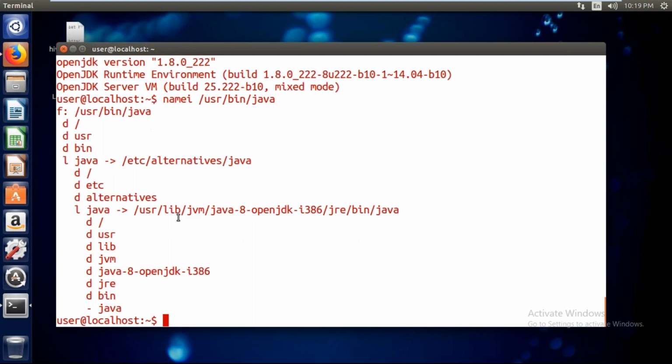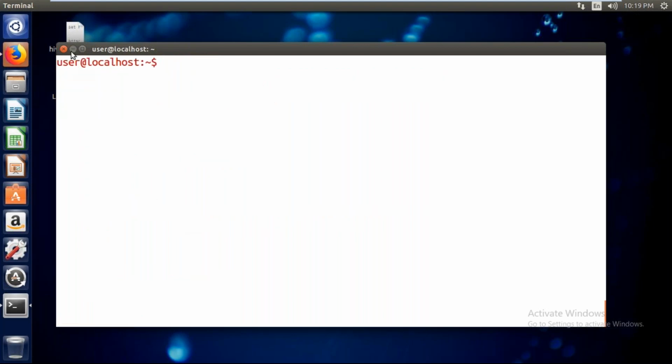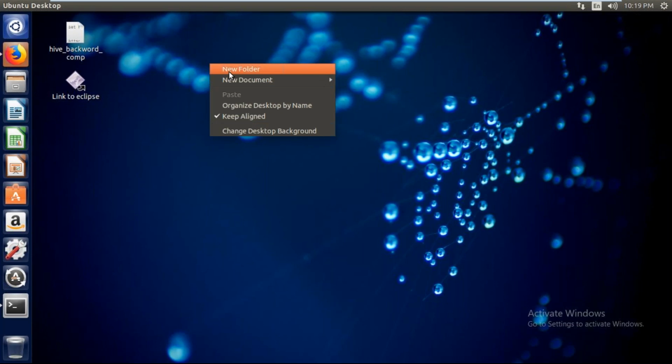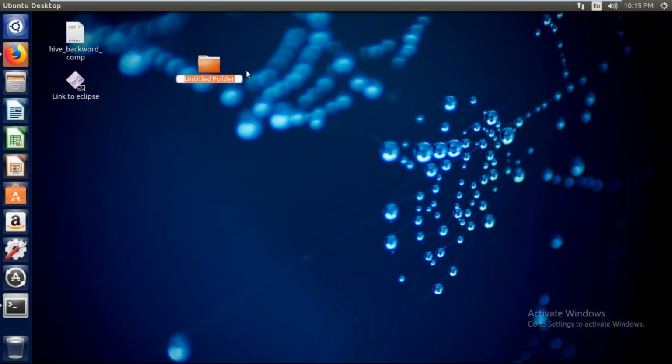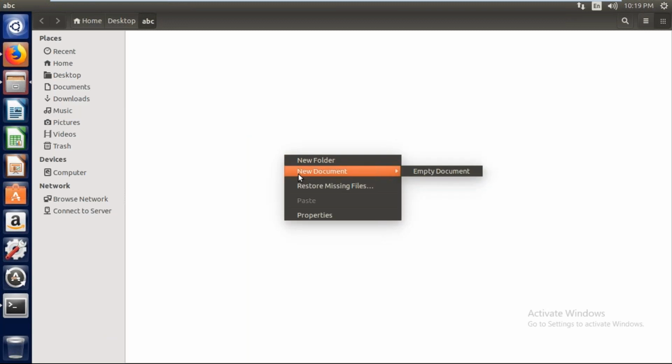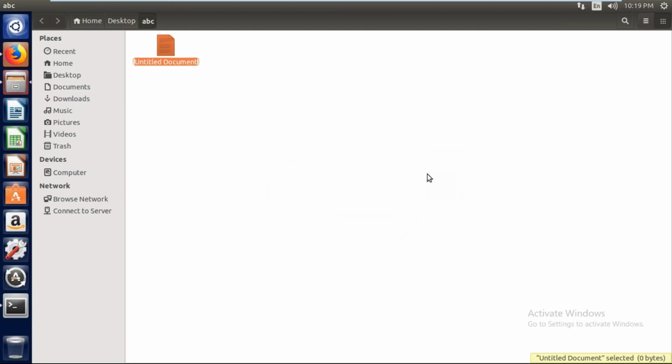Now, if you want to create a folder on this desktop, generally in Windows, how are you going to do it? You use your mouse and say new folder, then a folder will be created. After that, you can put some name also, like this folder name is APC kind. And if required, you can create a file also. For example, you can say new document, empty document, and you can put some name here, test1,